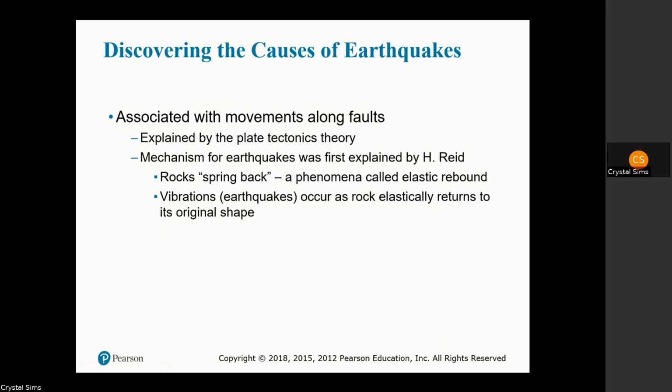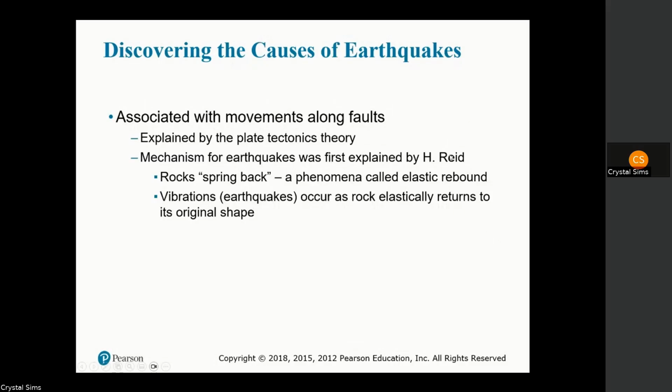We also can look at different areas and see evidence of subsidence. So that describes vertical displacement. We also can see that fences and creek beds have been offset. So we know that there's also lateral movement that occurs. But the actual mechanism that caused or led to the generation of earthquakes was not really explained until after the